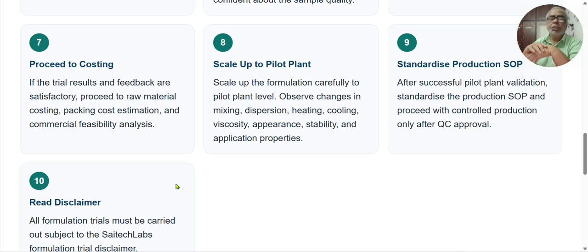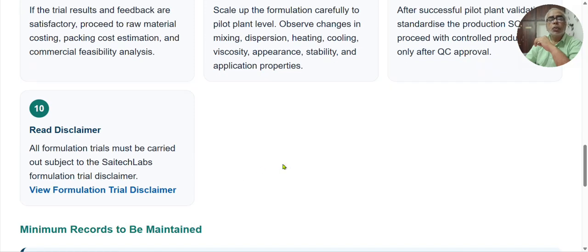Then let us proceed further to scale up to pilot plant. Scale up the formulation carefully to pilot plant level. Observe changes in mixing, dispersion, heating, cooling, viscosity, appearance, stability, and other application parameters. Standardize the production SOP after successful pilot plant validation and proceed with controlled production only after the QC approval. The last but most important point is that all formulation trials must be carried out subject to the SciTech